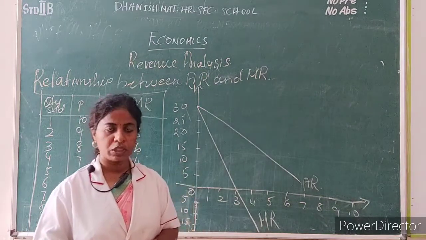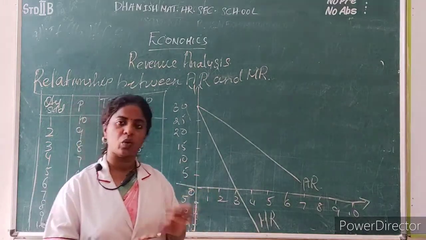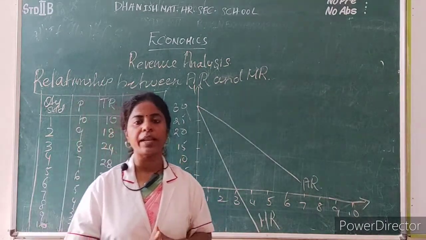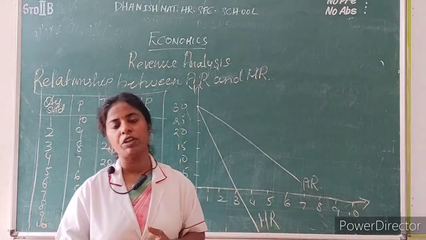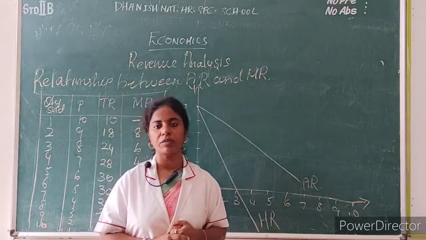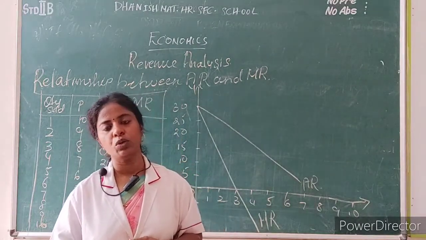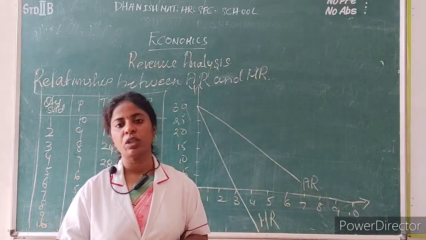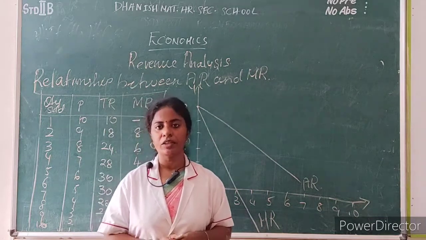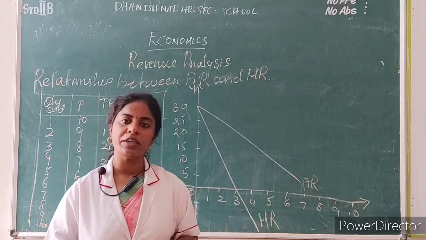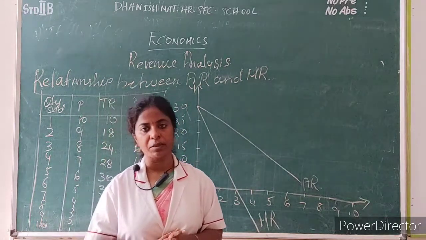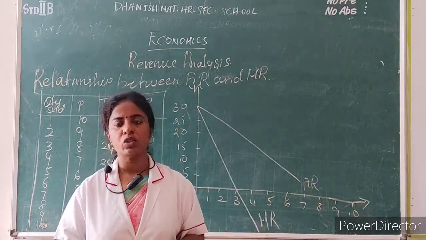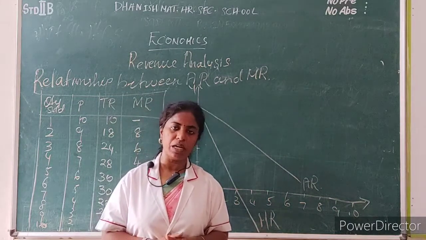Okay. So up to this the lesson is over. I will repeat. Today we saw the revenue analysis. What do you mean by revenue analysis? Revenue means a producer sells the goods which he has produced, and through that he receives a profit. It is called revenue, or income, or profit. This revenue has been divided into 3: total revenue, average revenue and marginal revenue.